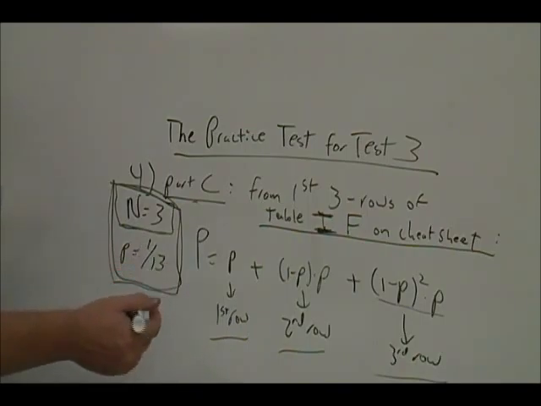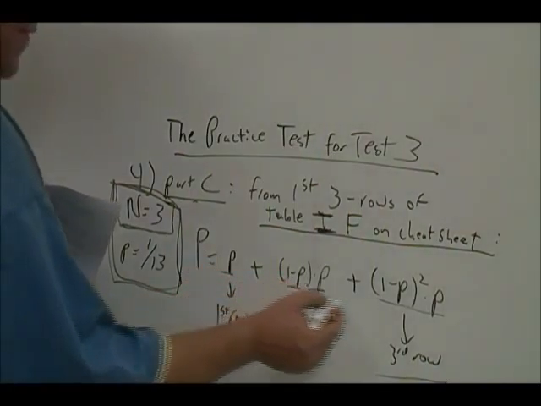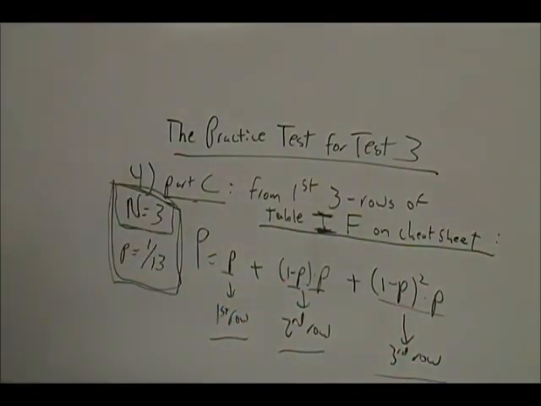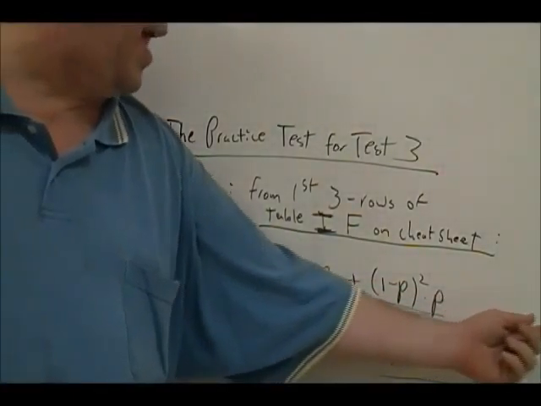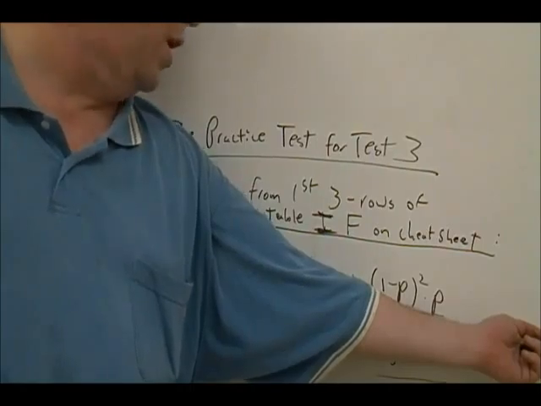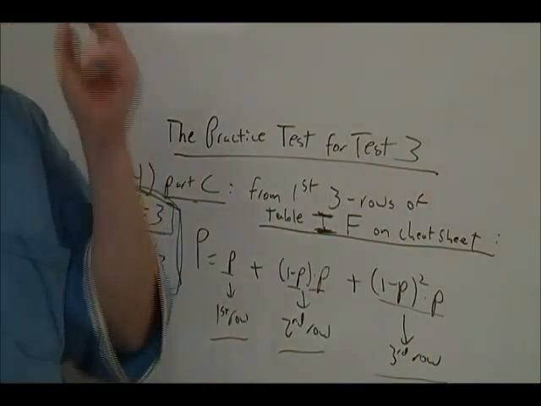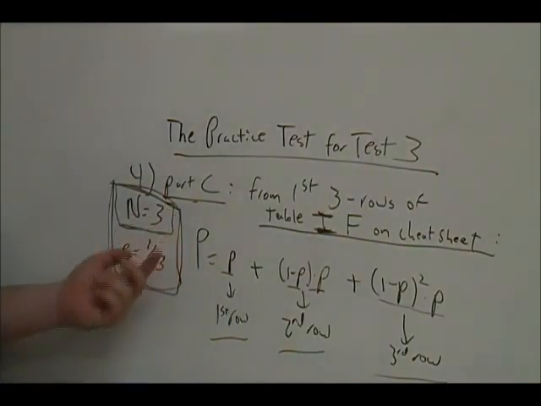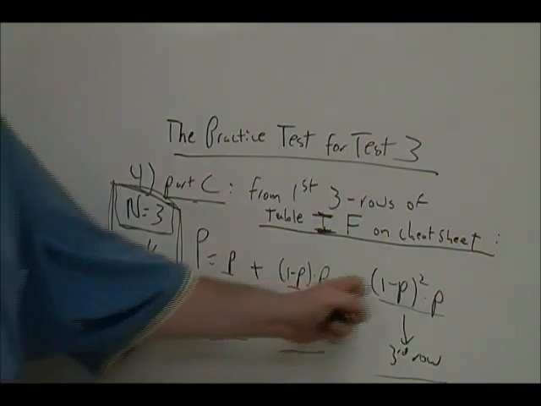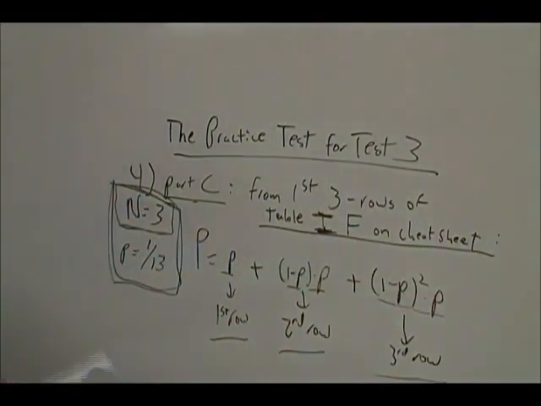So this is the setup. Use the probability formulas from the first, second, and third rows. If you said something like, what's the probability that you draw an ace for the first time by the fourth draw, you would have to add the formula from the fourth row, and you would have a sum of 4 terms, 1 for each of the first 4 rows. In this case, since it's by the third draw, we just have a sum of formulas from the first 3 rows. Now all we have to do is plug in the value little p is 1 over 13